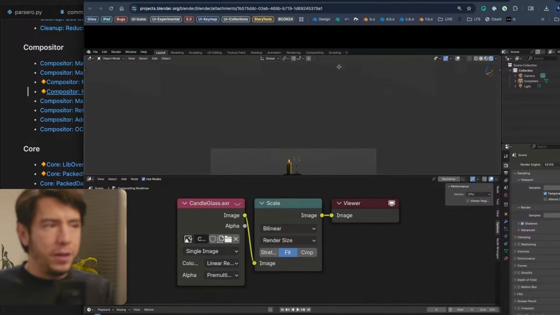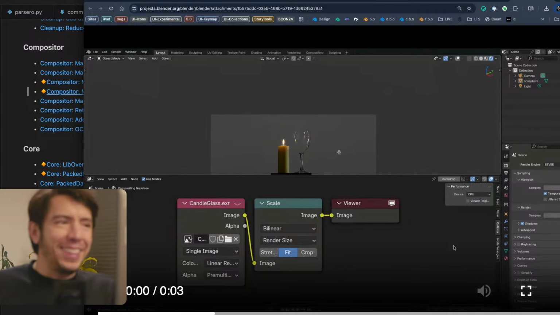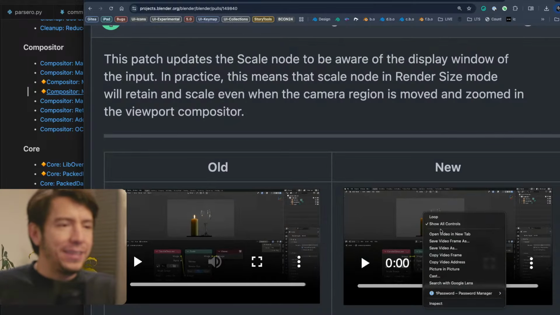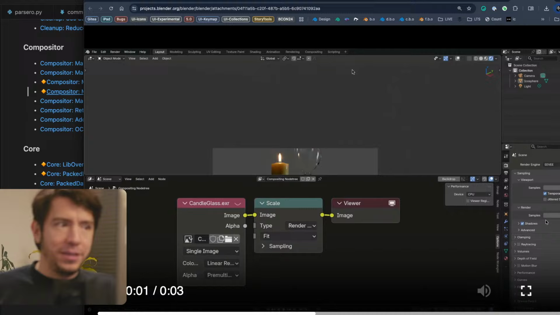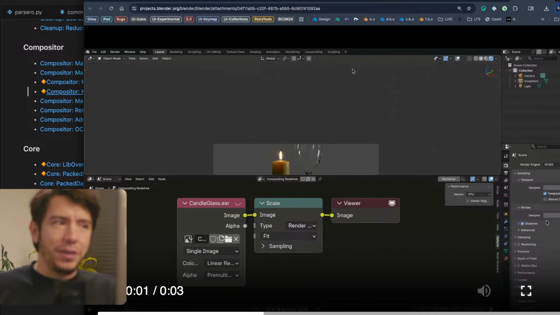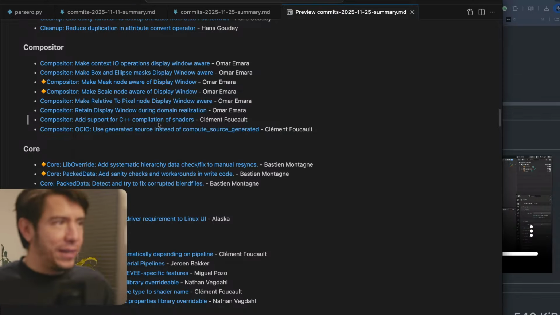This is the bad one. You see, when you move away from the view, then the render will get tiny. That's not what you would expect. And what you want is what you have now. So you move away. Doesn't seem to be perfect though. It's better, but it still is cutting in there. It's better though. And like this, there is a number of changes related to this.